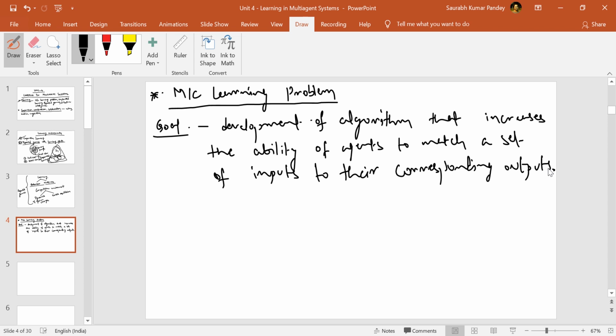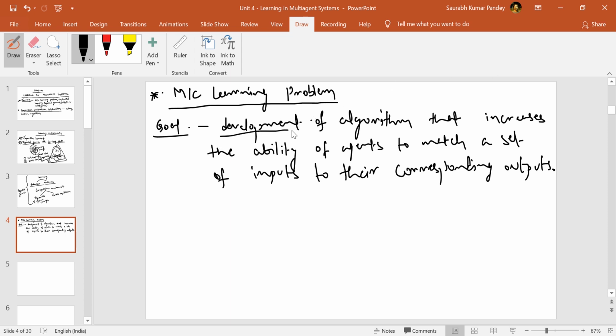One is machine, second is learning. So since learning is involved with the machines, definitely we are trying to make the machines learn given a certain condition, or if the dynamics of the environment changes. Based on that, it has to do something. Fine. Now there are some key aspects of this particular goal. What are those key things?